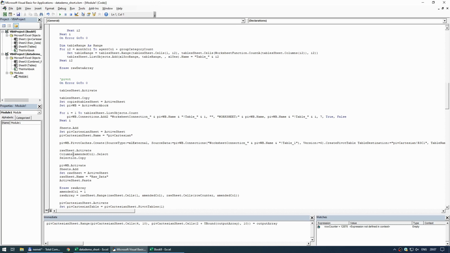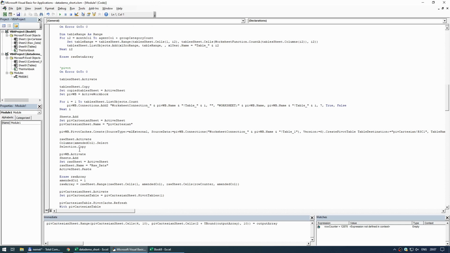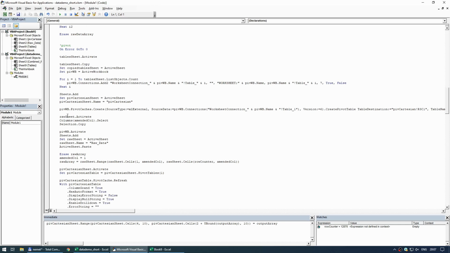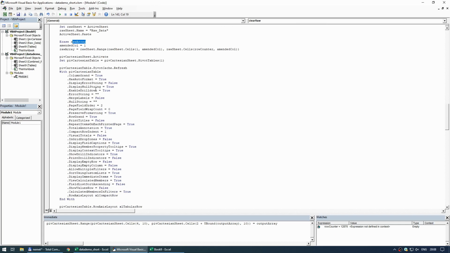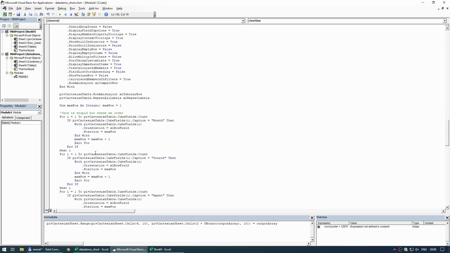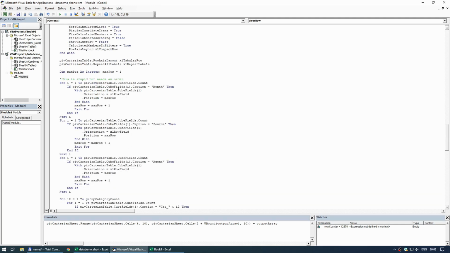We then basically shove this onto another workbook, as I said, otherwise it gets a bit silly. And then we get rid of the original array because we no longer need it. At this point, we basically have an empty pivot table, and we apply a bit of formatting. This was coming out of a recorded macro, of course, because I'm not going to type up all this rubbish. And then again, just to say, we want an order of things, and yes, month, source and agent come